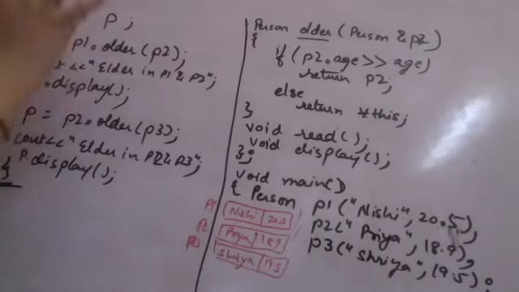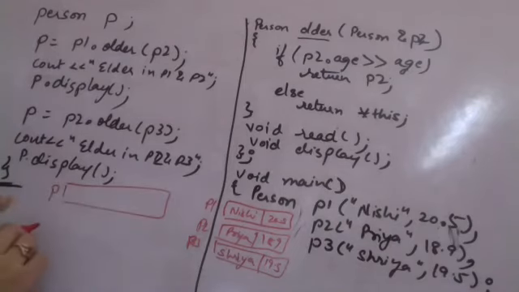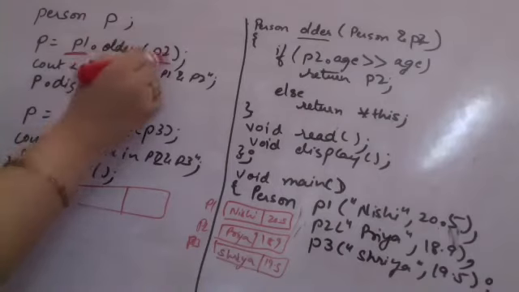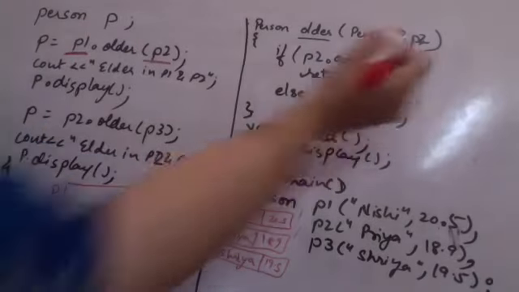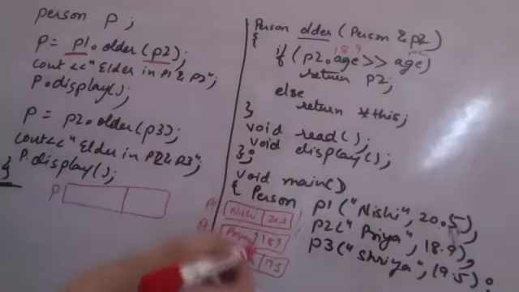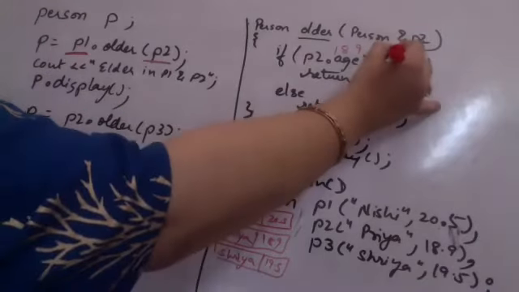Now I come to here, I create another person P. So another person P is created. Since it is going to use a default constructor, I have not given any constructor, so compiler will have its own default constructor where name and age are currently empty. Fine. Now I am saying P is P1 dot older. You have to understand P1 is the calling object and P2 is the argument. So P2 gets copied in P2. P2 dot age is 18.9. So this is 18.9 and normal age will be referring to P1 ki age. So P1's age is 20.5.